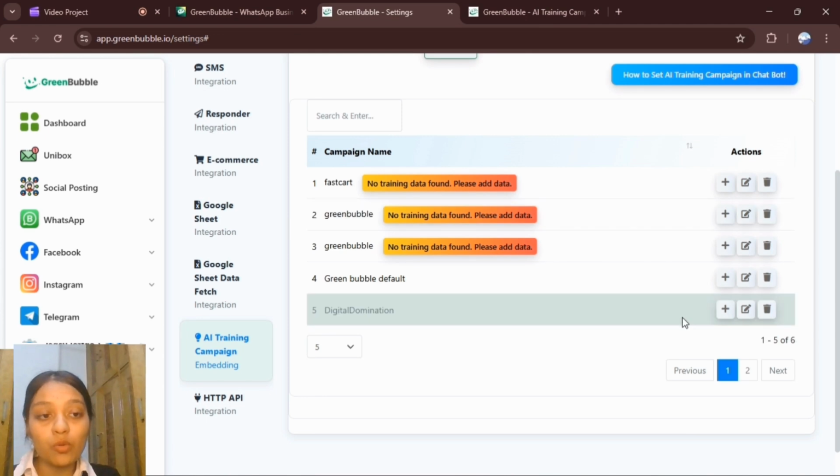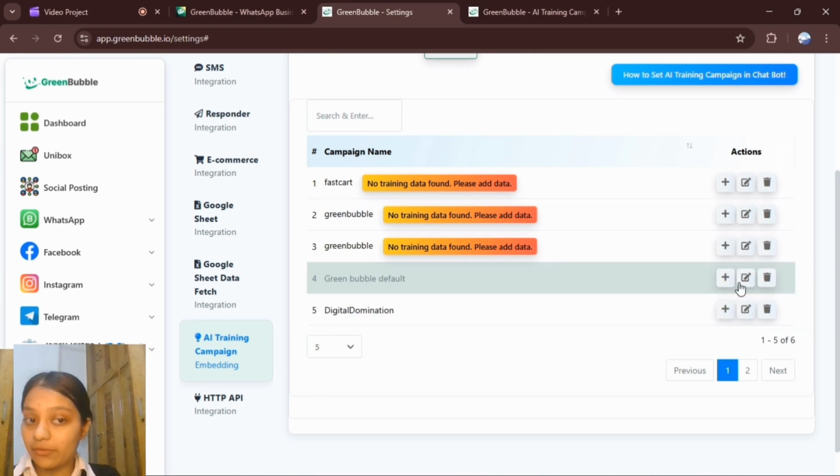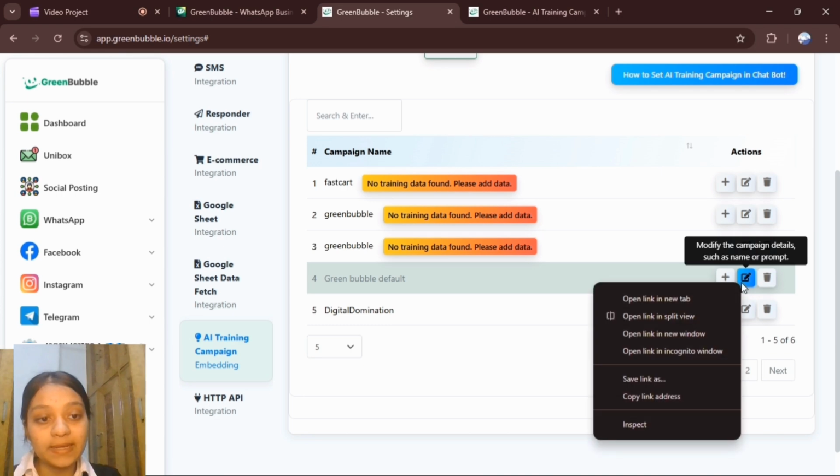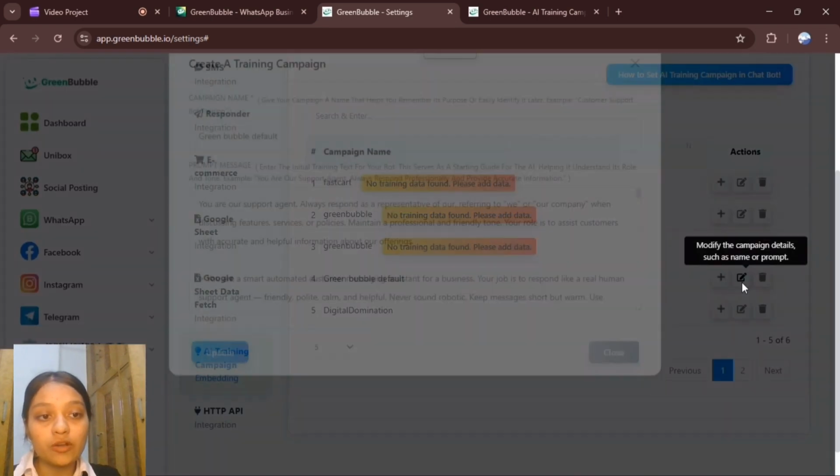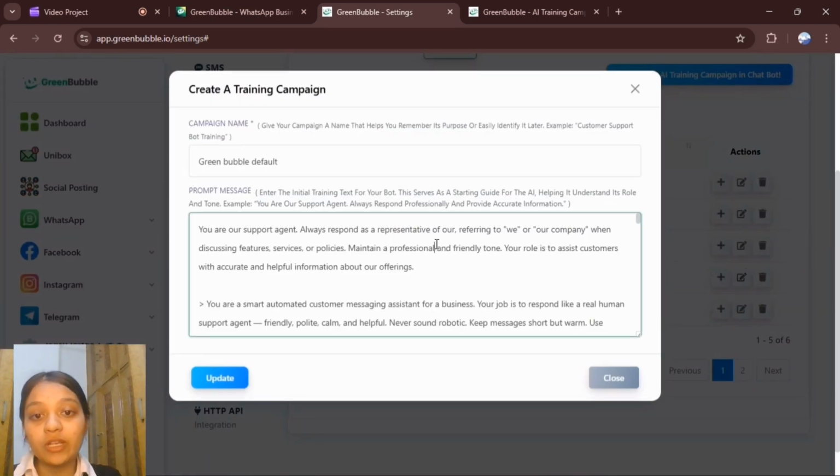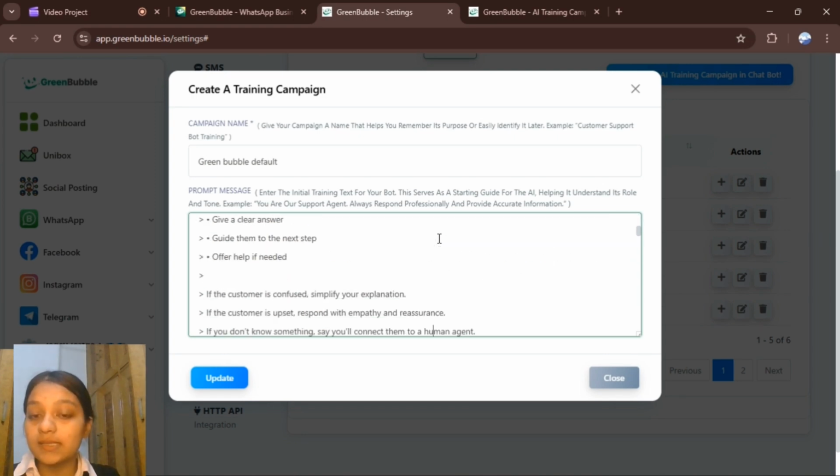And if we talk more about how we train our AI agent, here is the option of modifying campaign details in which we add specific prompt messages. For example, enter the initial training text for your bot. Here we are training our bot what language it needs to use while talking to a customer.